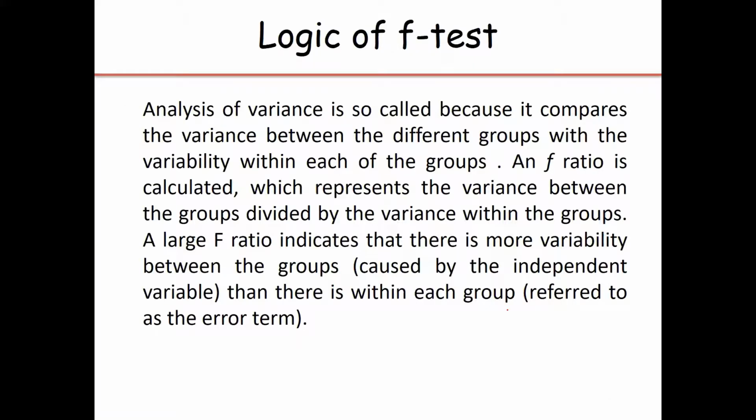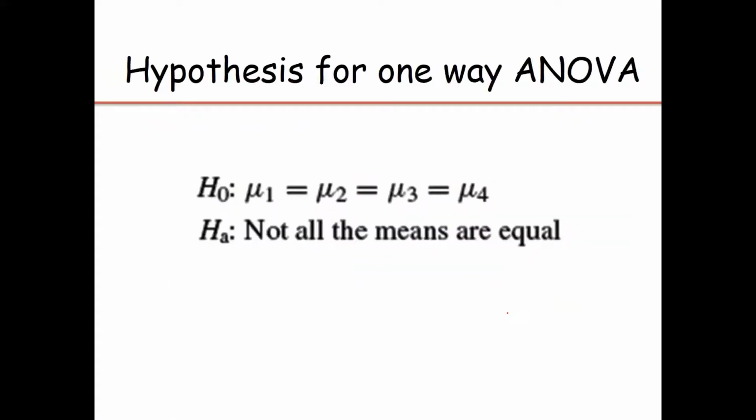And if the F statistic is larger, then there is a high possibility to reject the null hypothesis. This is the null hypothesis: mean 1, mean 2, mean 3, mean 4 are the same. And we can extend it if we have K populations: the mean K will be the same. What will be the alternate hypothesis? Not all the means are equal, or we can use another term, at least two groups have unequal population means. This is the alternate hypothesis.